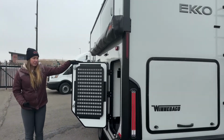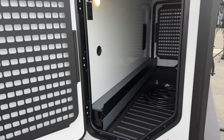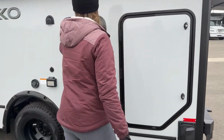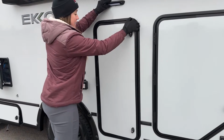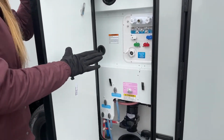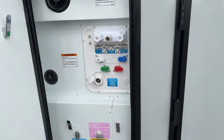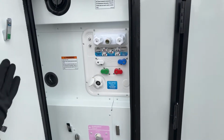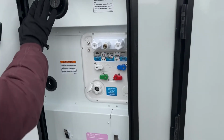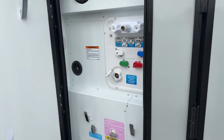And then you just have that third door here for some more storage. All right. We have a nice little outdoor light here for our wet bay. As you can see, everything is color coded, and then you have a nice little picture as well as written out descriptions on how it should be for hooking up to city water, dry camping, all that kind of stuff. You do have your gravity fill there, and directly below that you have your gray waste